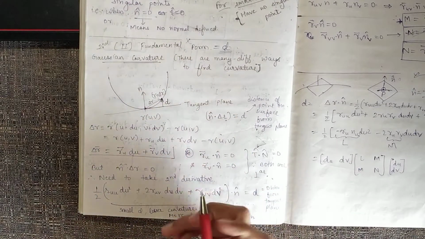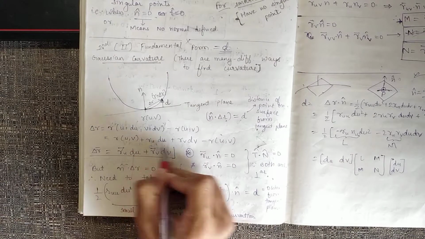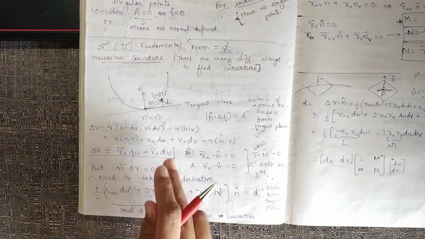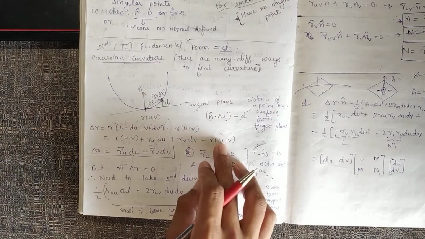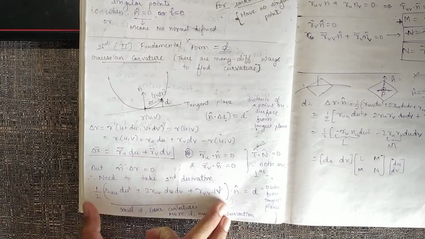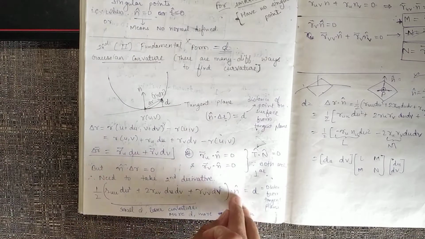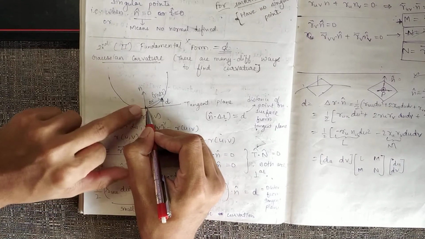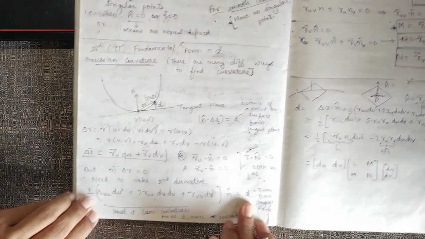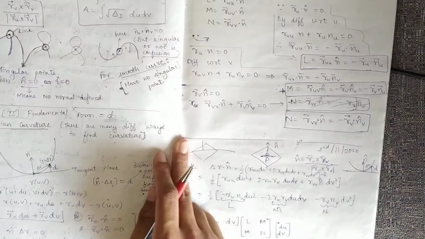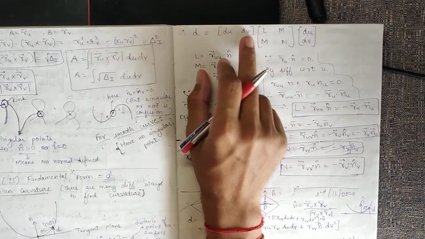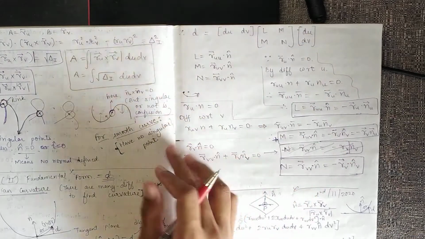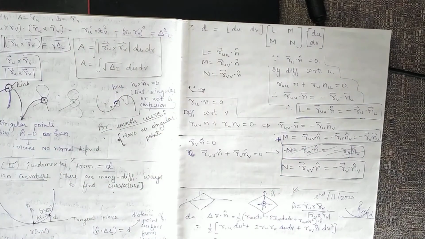So we can then expand r of u plus du, v plus dv with second order terms, third order terms, because here we approximated to only first order terms. Then when we go to second order terms, we'll get something like this, and when we subtract r, we will have only this much, and then its dot product with n. This dot product with n will give the distance d, right? So when we write this in the form of a matrix, we'll get du dv times the matrix with L, M, N, and L, M, and N are defined like this.